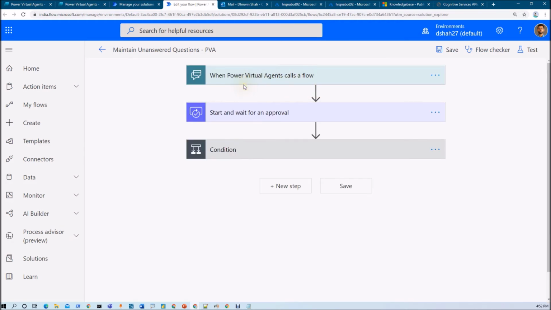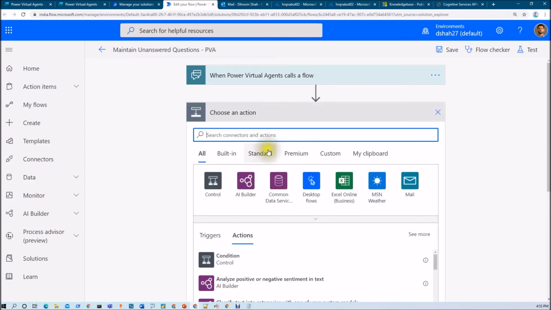Now we just wanted to send a message to our chatbot as well that your question is considered to be added for a review. So we will not call this particular thing at the end of the flow. The reason is that start and wait for an approval is something which will take some time, because once the admin receives it, maybe he will respond in 5-6 days. But if we add the response action at the end, then our chatbot will not get a response promptly. So from here I am going to add an action,